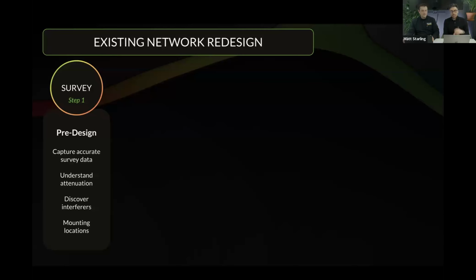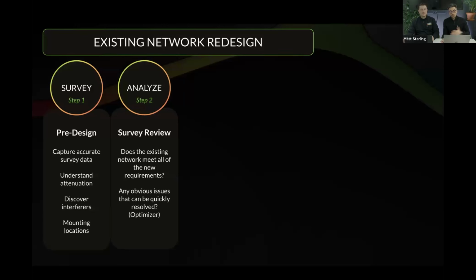of your environment. The other great thing about doing a survey is you can find interferers. Maybe there's some non-Wi-Fi interference there that you're going to need to avoid some of the channels. Perhaps you've got lots of noisy neighbors and you want to avoid some of the channels that they're occupying. And the other key thing that's so good about going on site is that you can look up, you can see the mounting locations, you can see if you've got any cabling constraints, maybe there's some architectural challenges and aesthetic concerns with where you can place access points or not. So it's really key and great to be able to go on site.